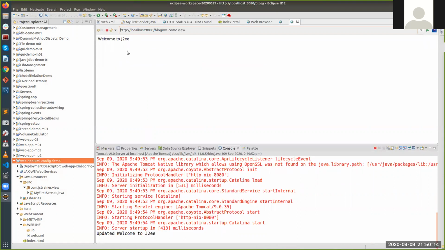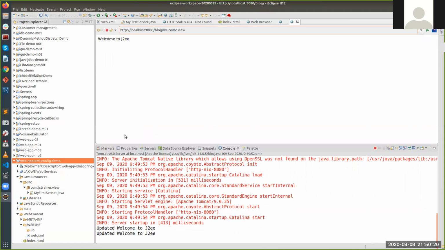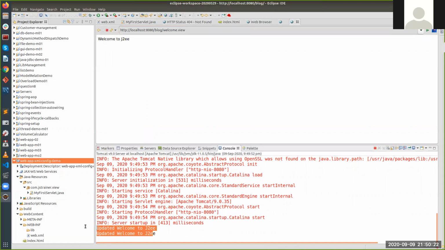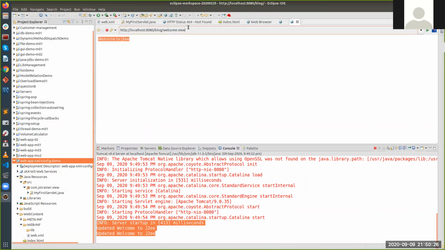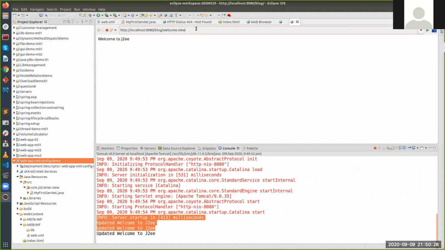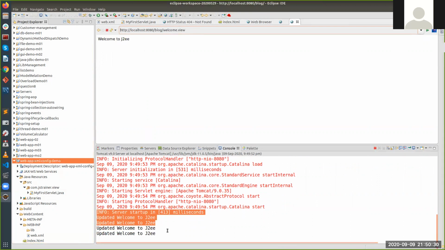So you can see the output is now being displayed on your web page. Welcome to J2EE, right? And you can get this output here also. The System.out.println value will come here, the rest will come there. Every time you make a request, the page will reload. The request will again come to the server, right?